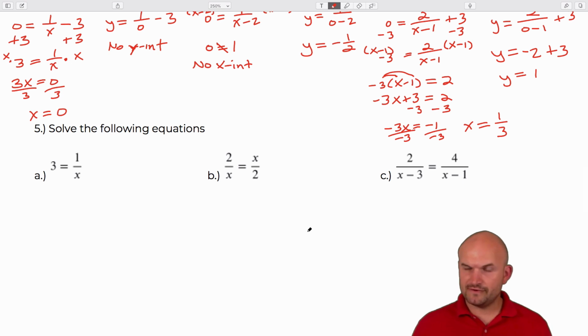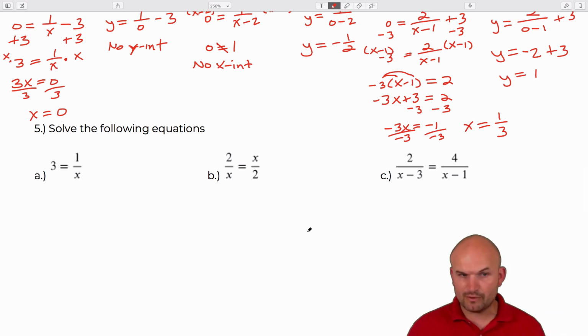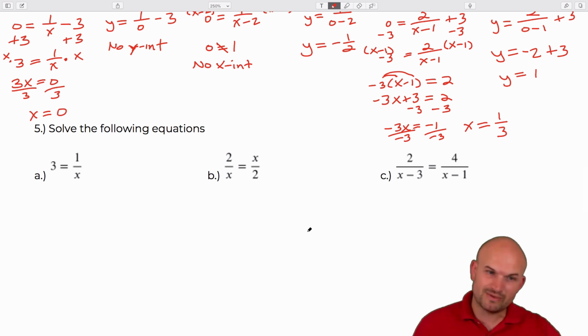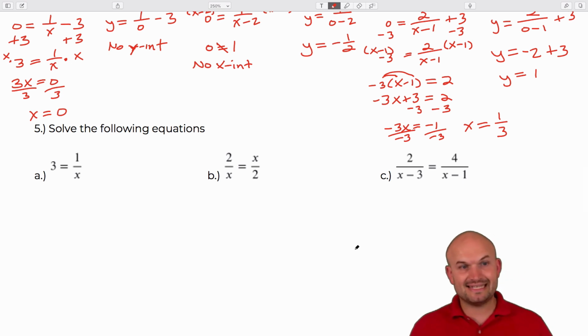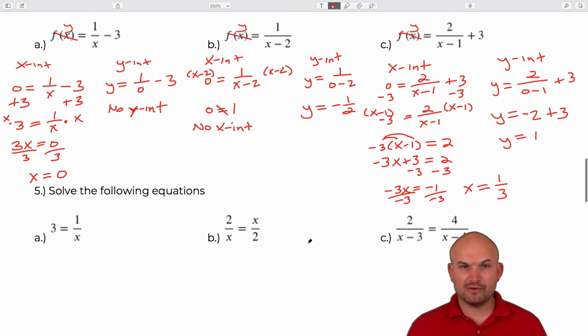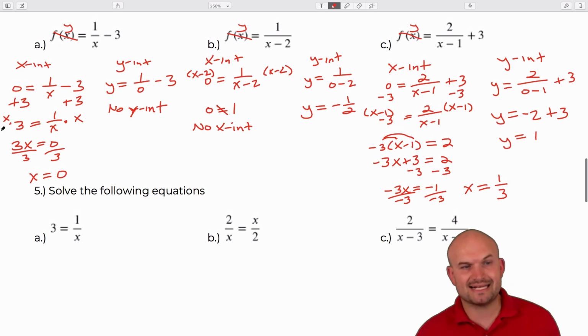One thing, though, that often gets forgotten, especially when we're doing rational equations, is remembering you can't solve for x when it's in the denominator. So we have to get the x off the denominator. So there was a couple examples where I did this in the solving for the x and y-intercept. See here, my x was in the denominator. So to get rid of my x, I multiplied by an x on both sides. By doing that,